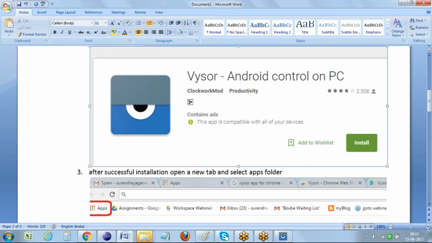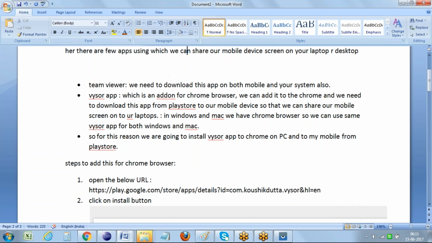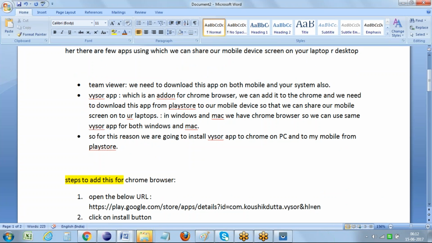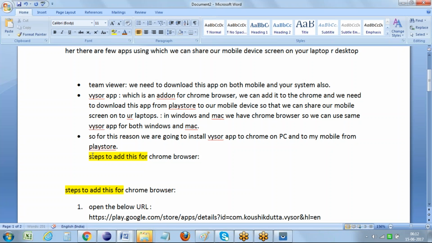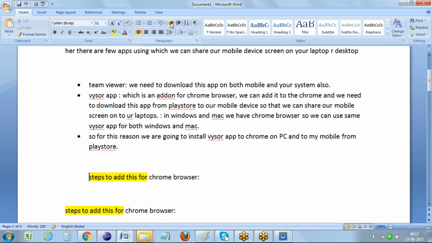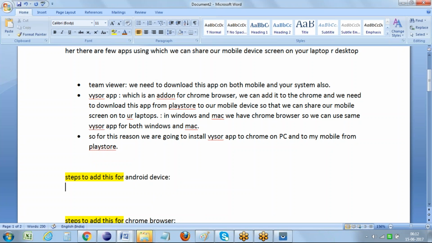That's it. Prior to this, what I was doing was the steps to add to a Chrome browser, and now I'm making a point for the steps to add for an Android device. The various steps here are: